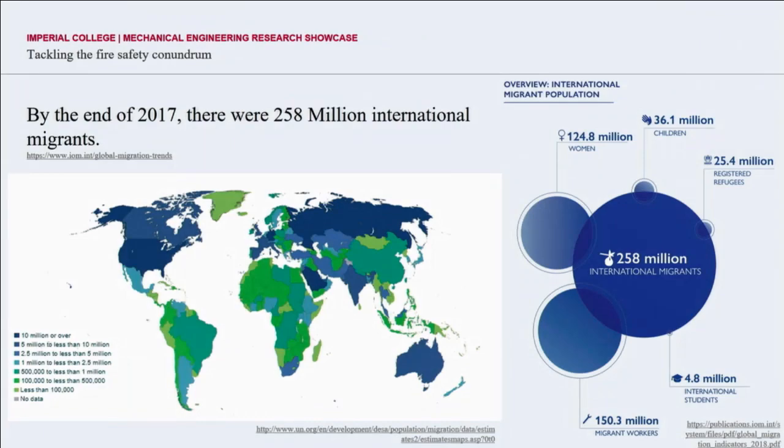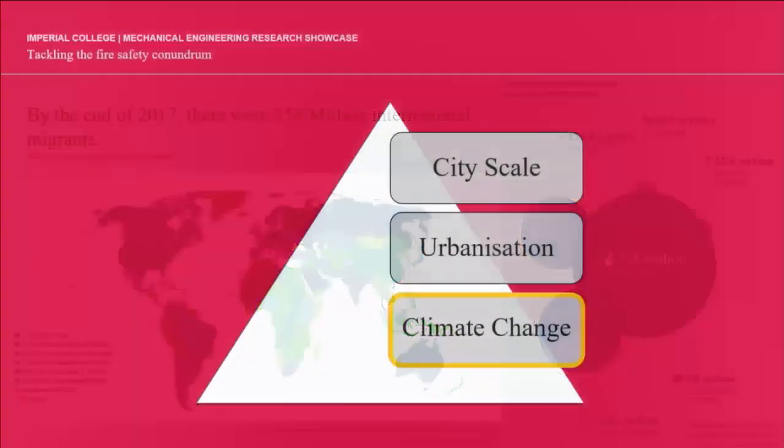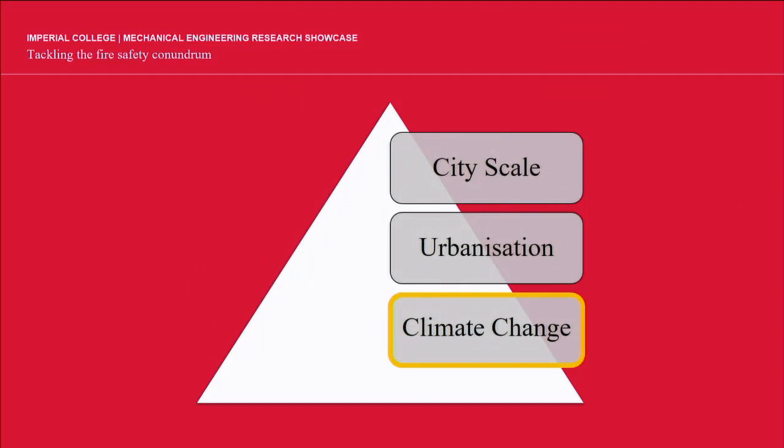A final contributing factor to increasing urbanization is to do with migration, with 258 million international migrants recorded at the end of 2017. But there's another factor impacting the built environment, and this is climate change. This too is also becoming relevant to fire safety in the built environment due to the increase in the number of fires in the